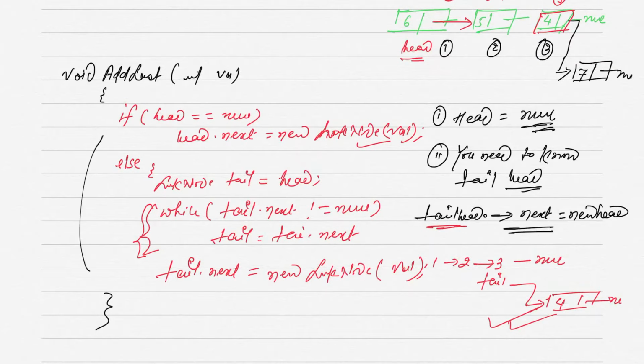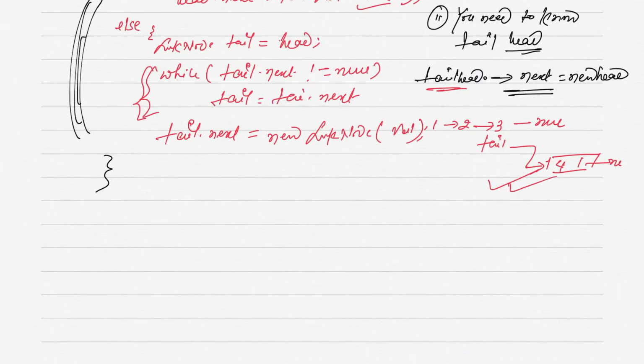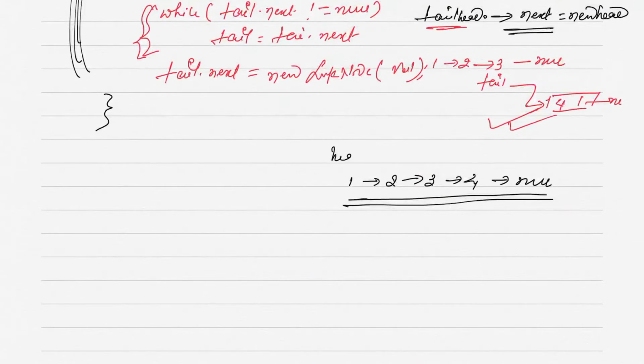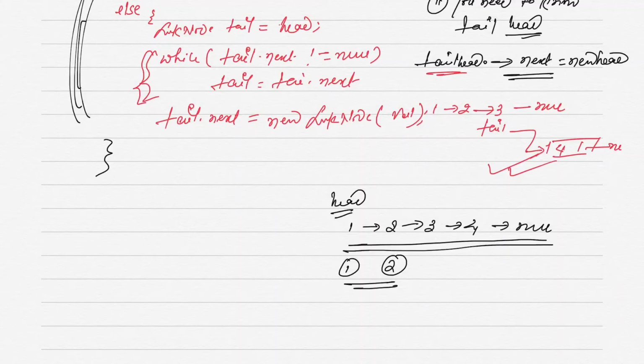So this is all about adding at the last. Another one we will see is if I'm asking you to insert at a specific point. Suppose you have been given 1, 2, 3. This linked list is given, and you have the head. I'm asking that this is position 1, 2, right? If I'm asking to add something at position 2, so if I'm asking to add it here,